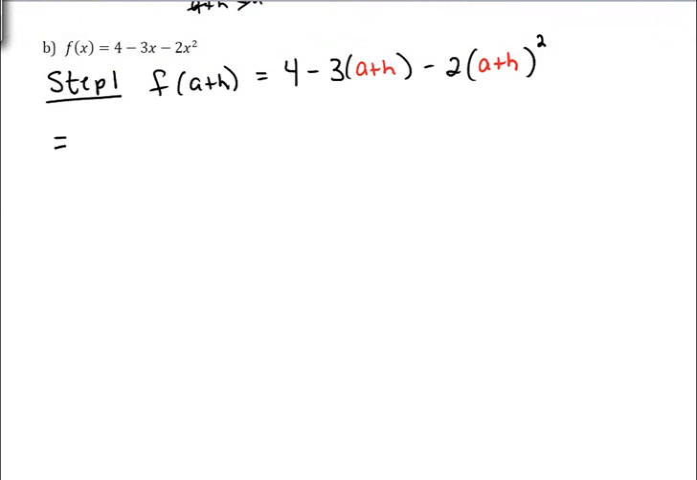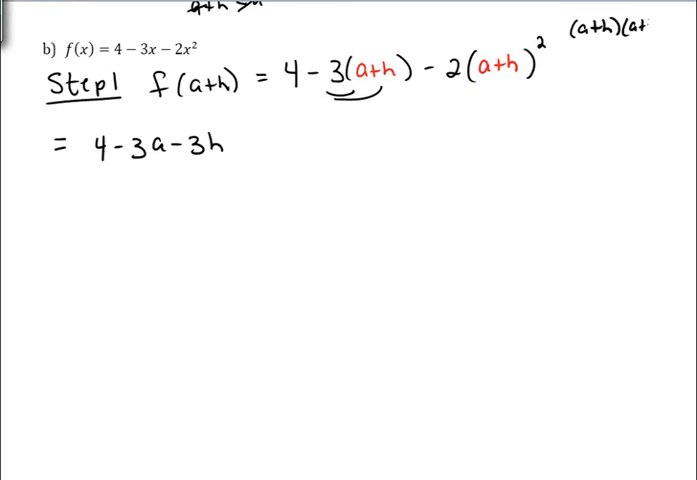And we want to simplify this expression. So here we need to distribute the negative 3, giving us 4 minus 3a minus 3h. Here you have to follow order of operations. In order of operations, exponents come before multiplication or distributing the negative 2, so you have to square this a plus h first. So you need to take a plus h